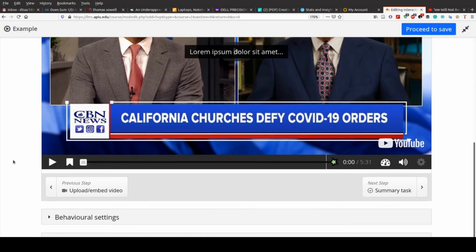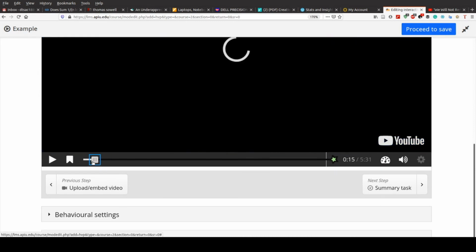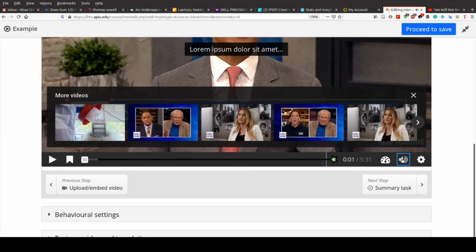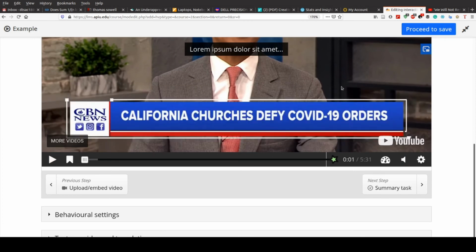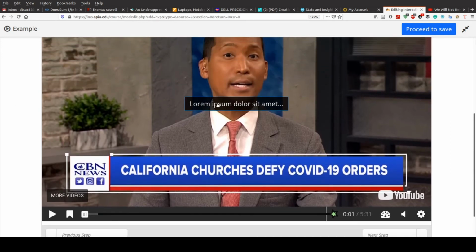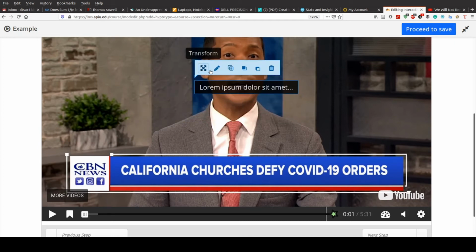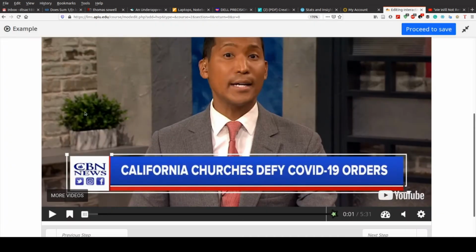And then if you look down here, you probably can't see this. Probably not. Okay. Gonna mute this for the sake of simplicity. Close that. And so you can see that at the beginning, right here, you can clearly see our text right here. So if you have something to share with the students, something to talk about, whatever, if you want to edit it, just click on it like this, and then you can move it around if you desire. Other things you can do is you can edit it, whatever you want. It's not that complicated. For our sake, I'm going to remove it. Click OK, and we're going to move to our next